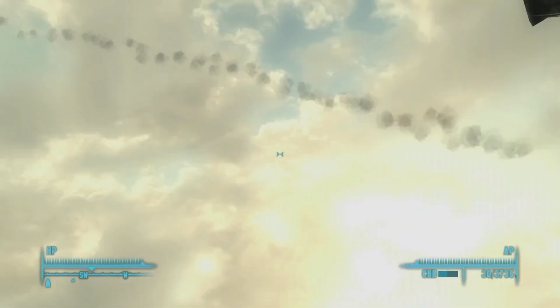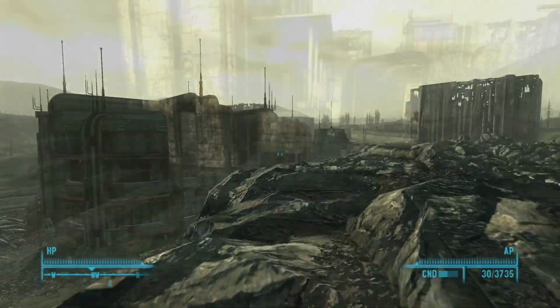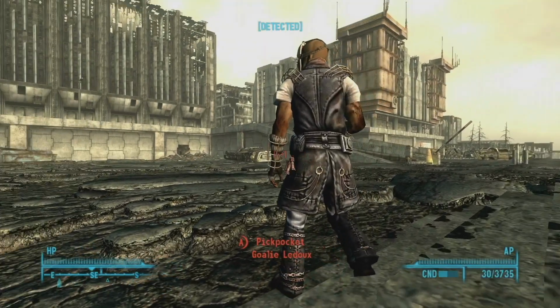So I have no idea where this missile came from, just really random, but it flew across the map and blew up next to me, kind of weird. But besides that, there's really nothing of interest around the factory. Now when I came back